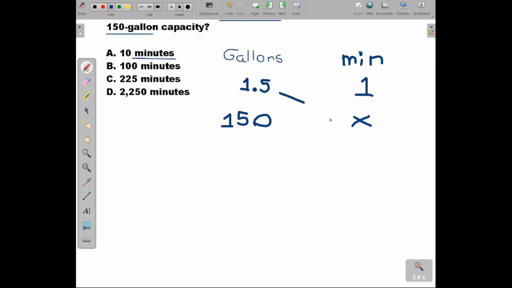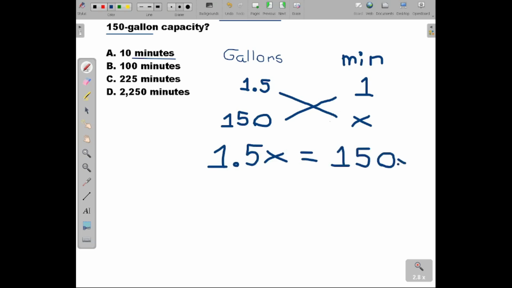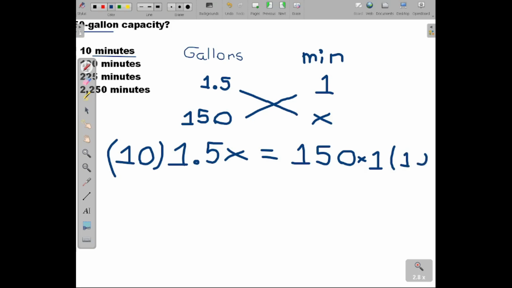Now we just do the cross multiplication. 1.5 times x equal to 150 times 1. 1.5 times x equal to 150 times 1, which is the same, 150. Now we have a decimal here, so we could multiply the equation by 10. So we multiply the two terms by 10, and we'll get